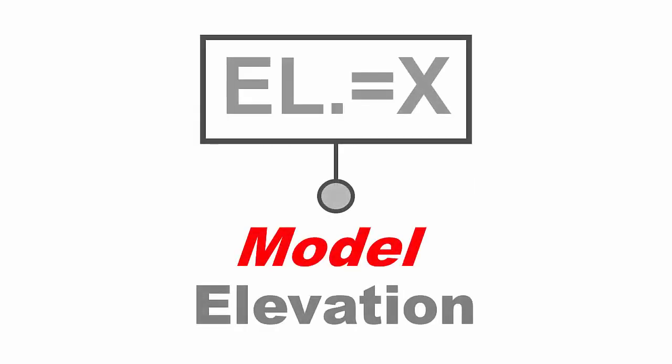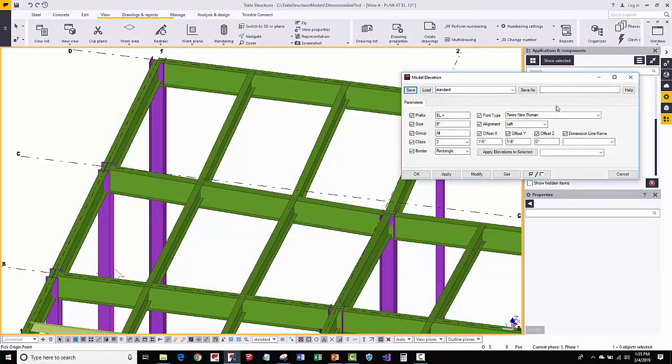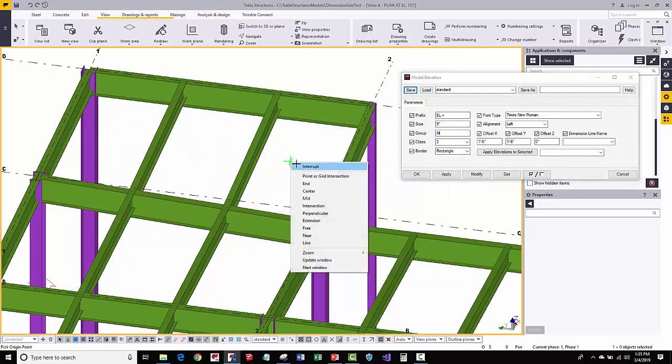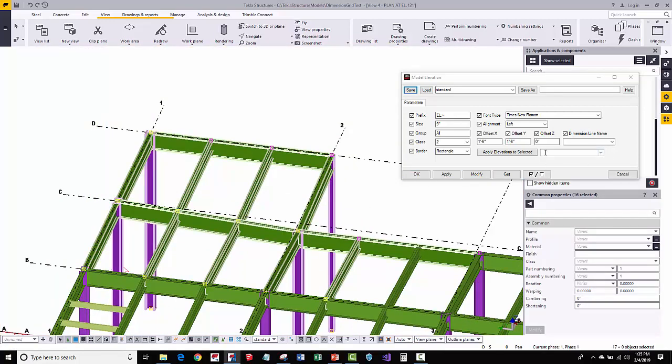Next up, let's take a look at model elevation. Alright, if we open up the model elevation dialog box here, nothing has really changed on the dialog box itself. The only thing we've updated is that when you select a bunch of beams and columns, there is this feature of apply elevations to selected. The whole idea here is that if I just use the standard and say apply,